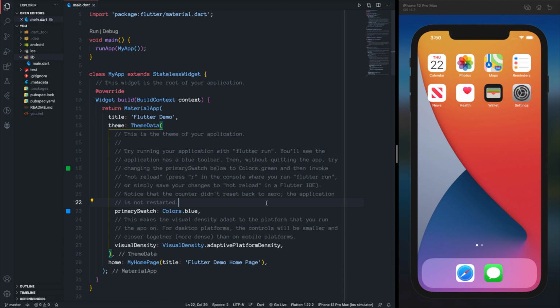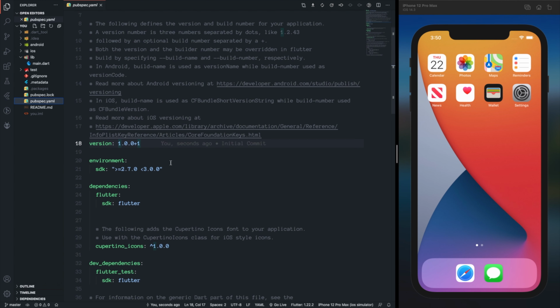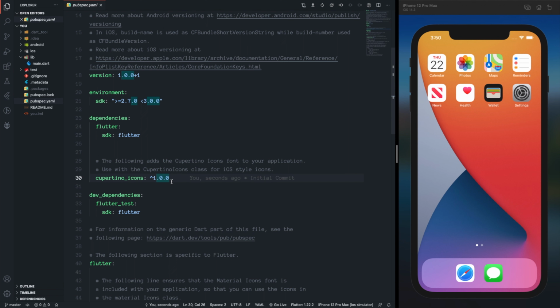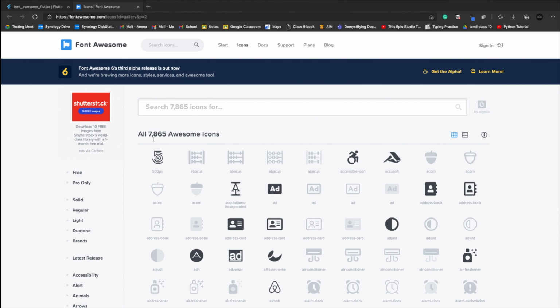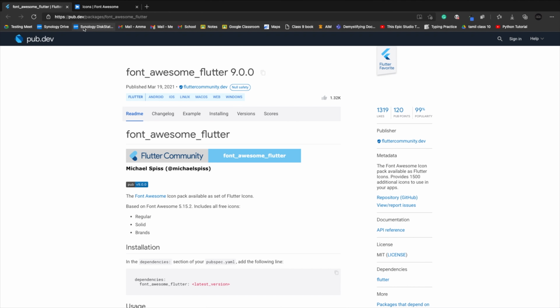Okay, now I also add a particular package called font_awesome_flutter, which is going to give us a list of icons, also including the Cupertino icons, which have been pre-installed for us. pub.dev/packages/font_awesome_flutter is the package which we are looking for, and the current version of this package is 9.0.0.